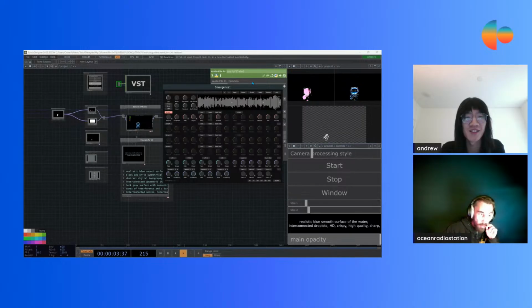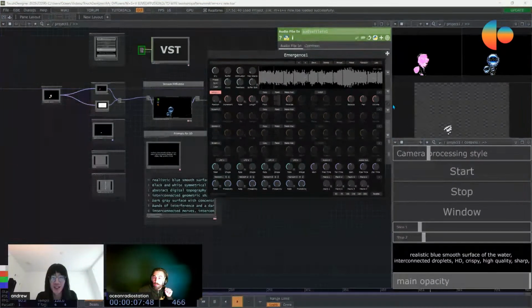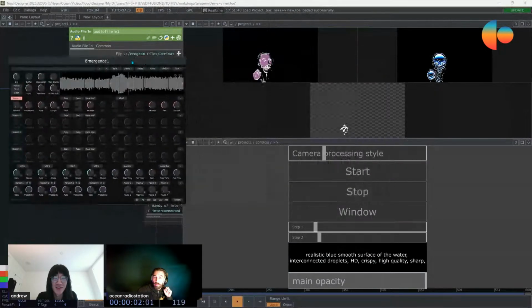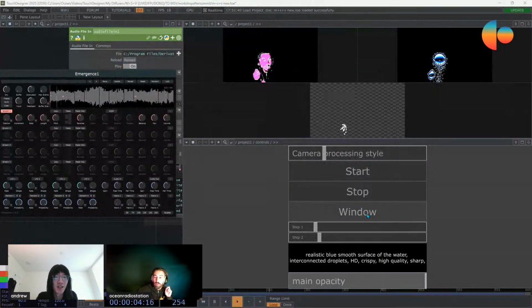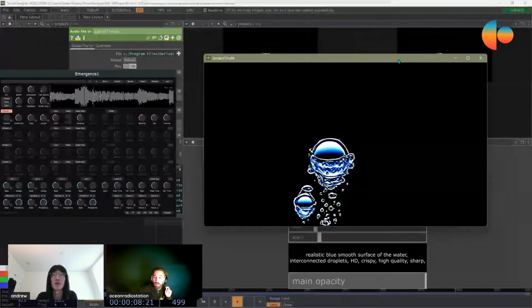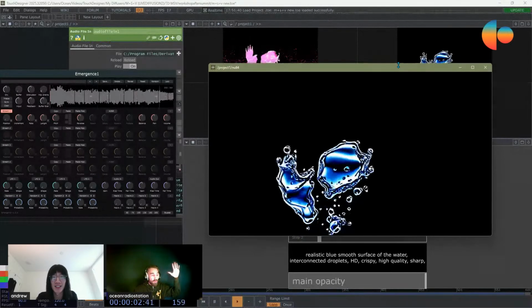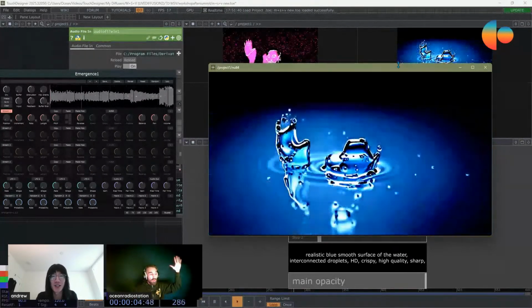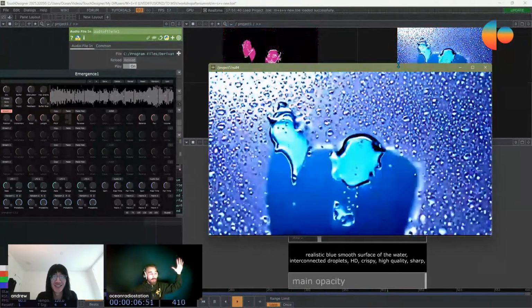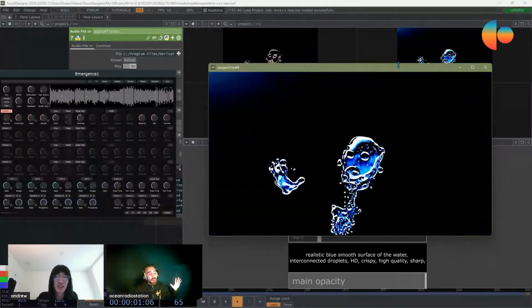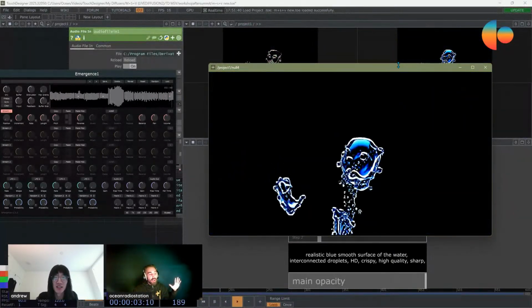Could I see your visual a bit closer? Could I see the output? It's a little water droplet, it seems. I would love to see what kind of gestures you've been trying out, what controls what, and I see your face flashing from, whoa, there we go. Oh, sure. I like these organic textures.